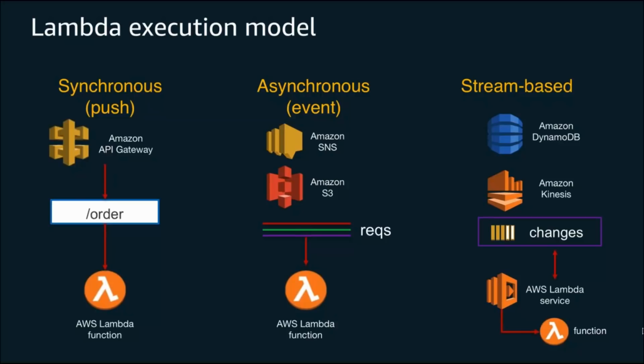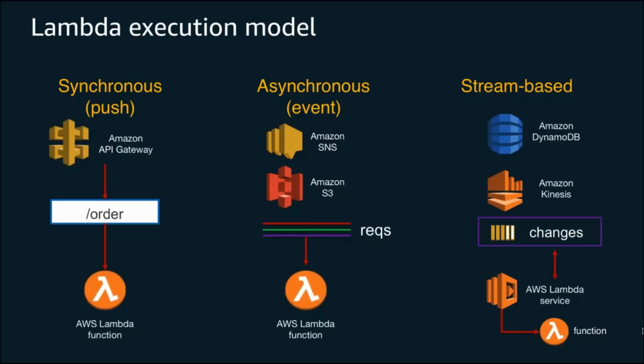And then lastly, with stream-based, we support today Amazon DynamoDB and Amazon Kinesis, and soon Amazon SQS, which will operate kind of similar to these two, the ability for you to follow directly onto a stream, again in the case of DynamoDB and Kinesis. What happens here is the Lambda service actually polls these resources, depending on what you've configured, pulls records out and acts upon them, such that you can do near real-time computation on, say, data that you're streaming inbound on a Kinesis stream.